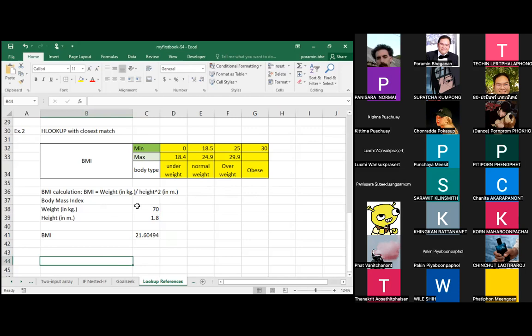So in this one, when you get the BMI already, if you want to know your body type, what are we going to do? If you have a look, you just compare. My BMI is 21.6. It's not in this range, it's between 18.5 to 24.9. Yes, the BMI is in this range, so my body type is normal weight. This is the way that we find out the BMI